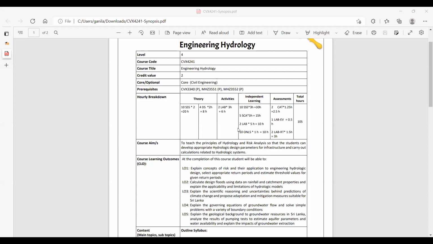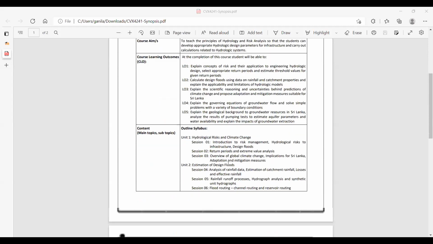Okay, now this is the synopsis for engineering hydrology. You can see this. Now, if you go down,